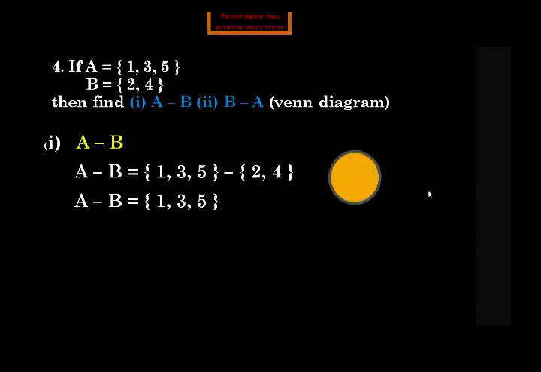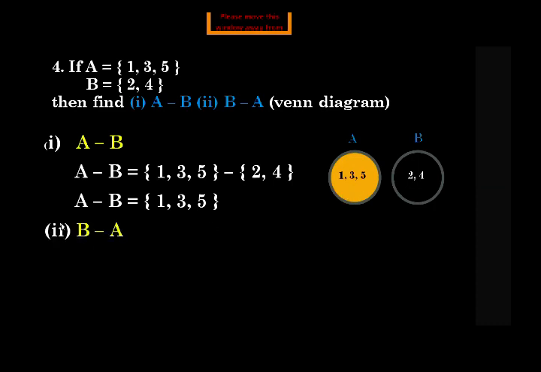This is the disjoint property. We will draw two circles A and B. Write down the members of set A, then write down the members of set B. Which part will we shade? We will shade that part which is our answer, and the answer is set A. So we will shade the circle of set A.